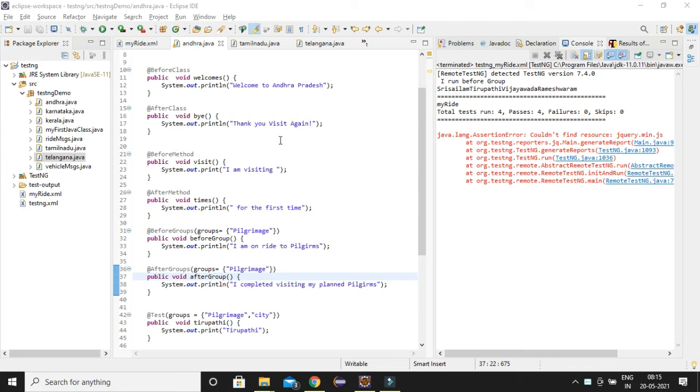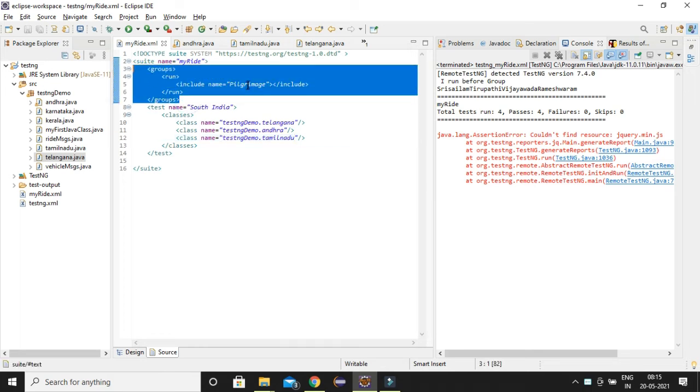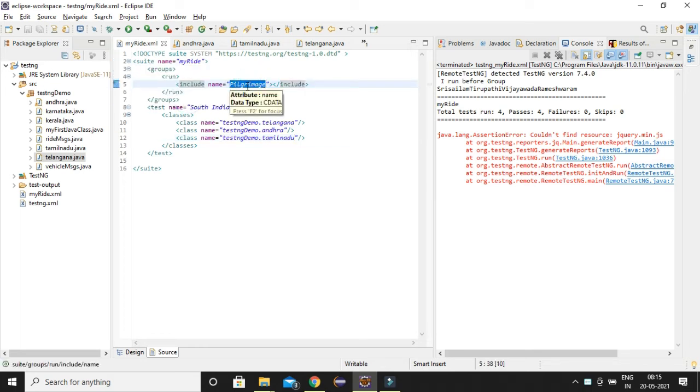Just observe here, I have created my groups inside my test classes and I'm running my group called pilgrimage. I want to execute something before this group and some logic after this group.